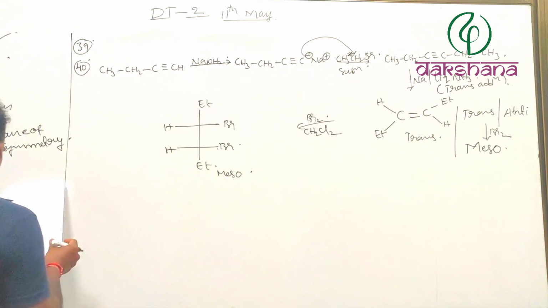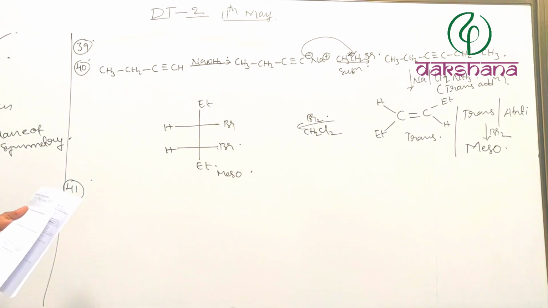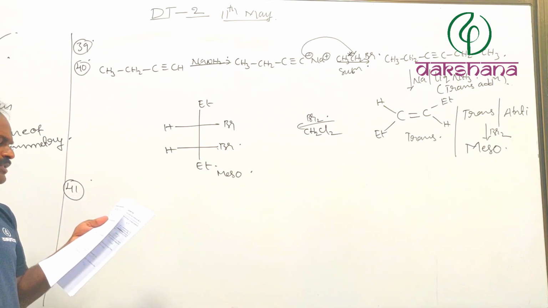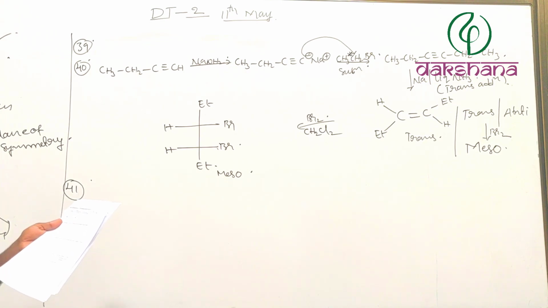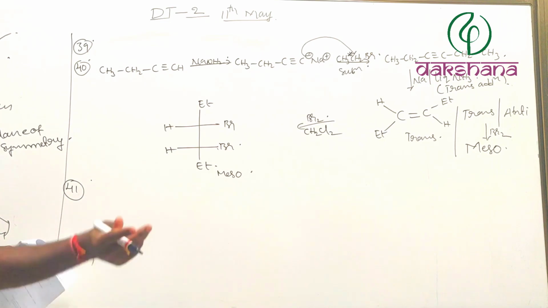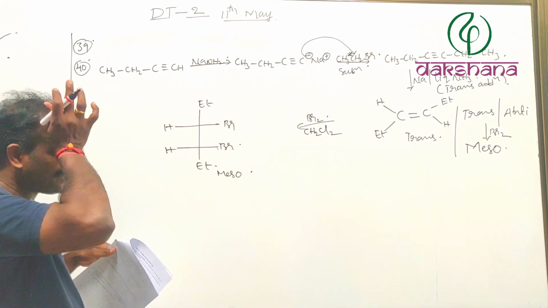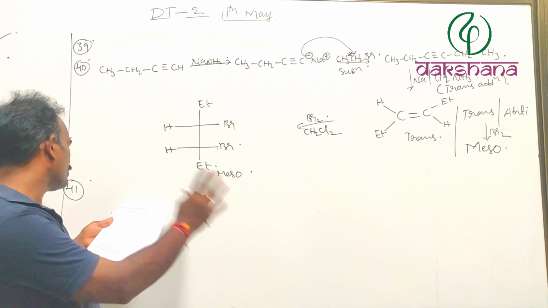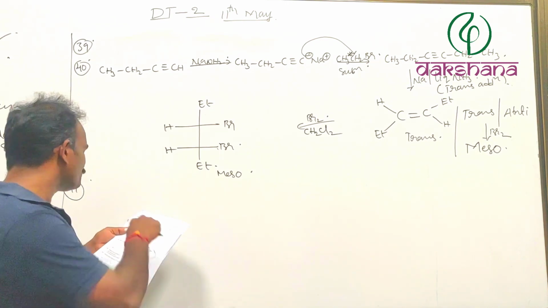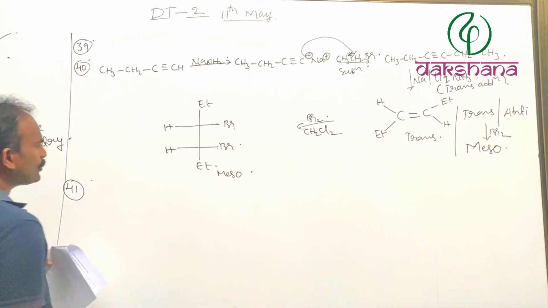Yeah. Next, question number 41. Correct order of reactivity of the following compounds towards Grignard reagent. This is going to participate in addition reactions. Grignard reagent is carrying the negative charge and it is going to be attracted by the positive center. Therefore, it is one of the best nucleophiles. So it is going to participate in nucleophilic addition reactions, and this is for all nucleophilic addition reactions.